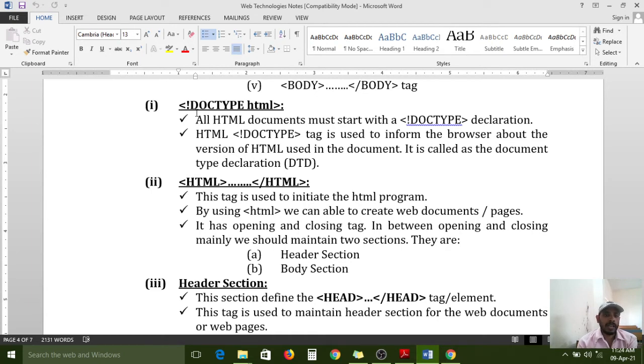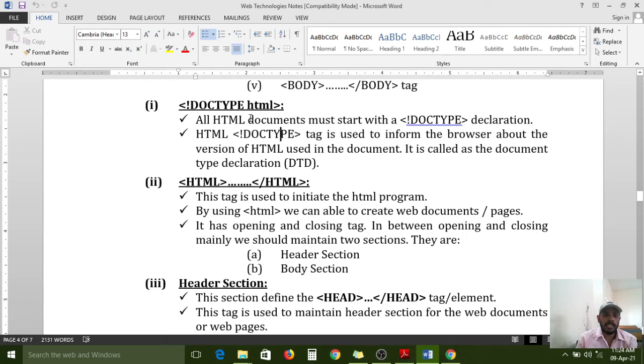If you use doctype HTML, this is the HTML5 syntax. If you use doctype space HTML, then we are informing our browser that all these tags are based on HTML5 syntax. So that indicates the HTML version, and the HTML4, HTML3, HTML2 configuration is different.